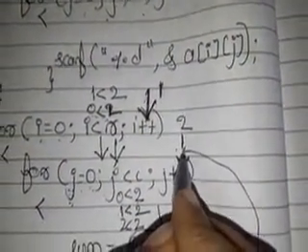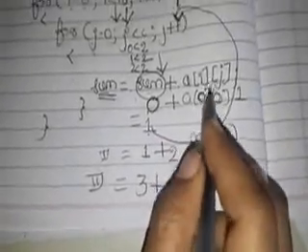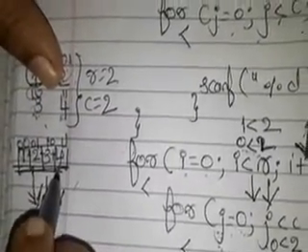Next again j plus plus, it will become what? Now 1. Okay, 1 less than 2, true or false? Yes, obviously it is true. As it is true, it will come inside. Sum is equal to sum plus a of ij. I value is 1 and j value is 1. What is stored in a of 1 1? That is 4. Yes, 4 is fetched.